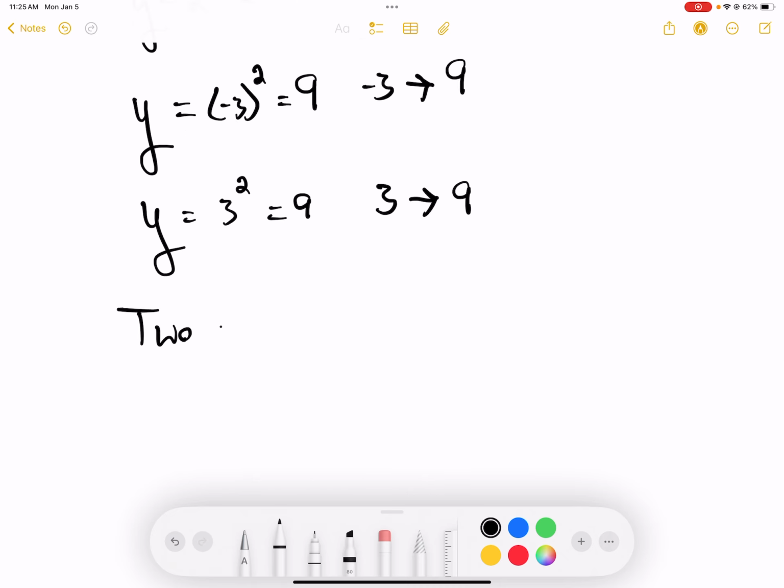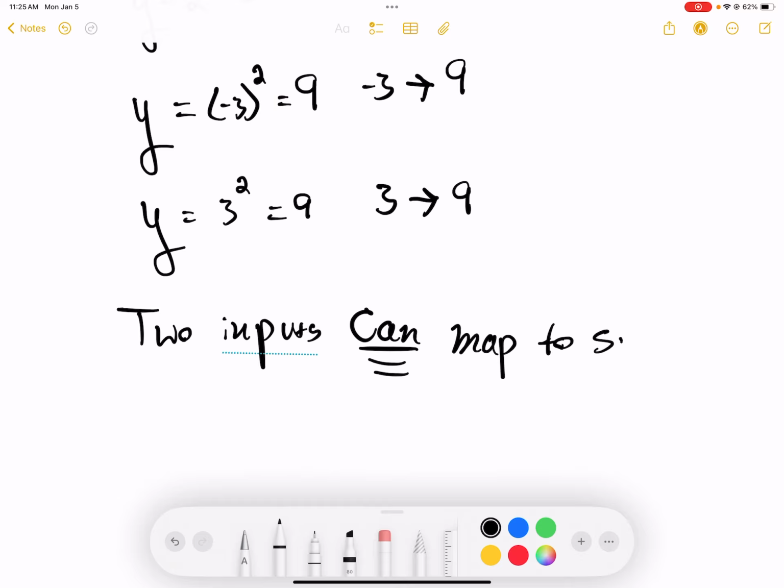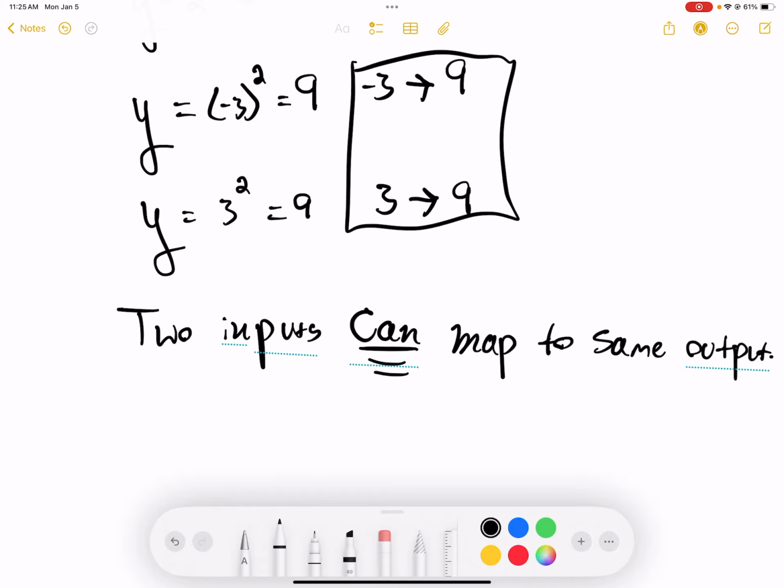2 inputs can map to the same output. And that's okay. It's still a function. What's not okay, what breaks the definition we have, is if one input maps to two outputs. Two inputs can map to a single output, as is the case here, and that's okay. It's still a function. But if one